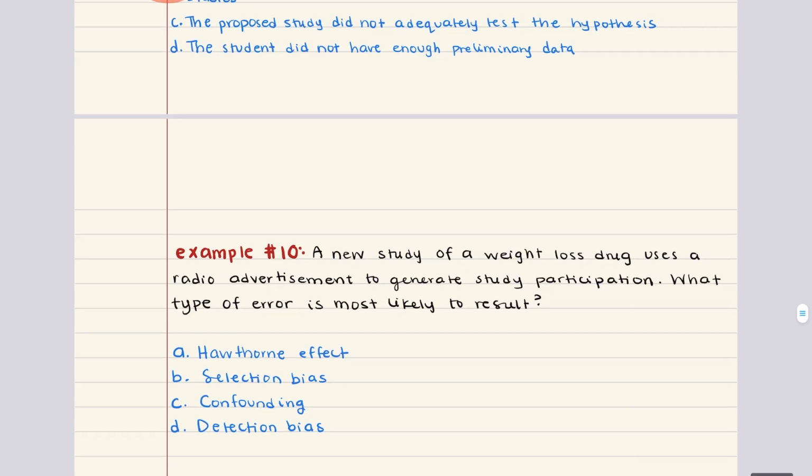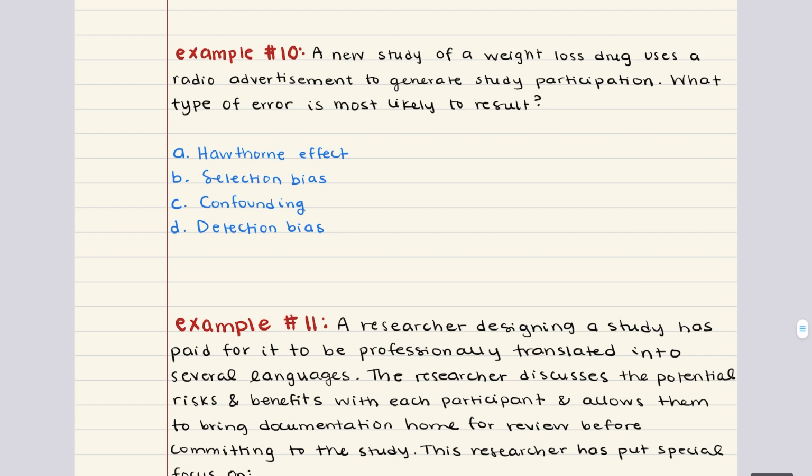Problem 10 says a new study of a weight loss drug uses a radio advertisement to generate study participation. What type of error is most likely to result? This is a good example of selection bias. So selection bias occurs when the method of recruiting participants leads to a sample that's not representative of the target population. In this case, using a radio advertisement to recruit participants is likely to attract individuals who are actively seeking